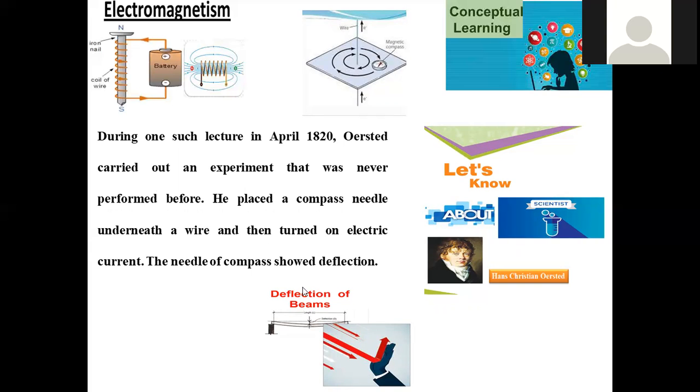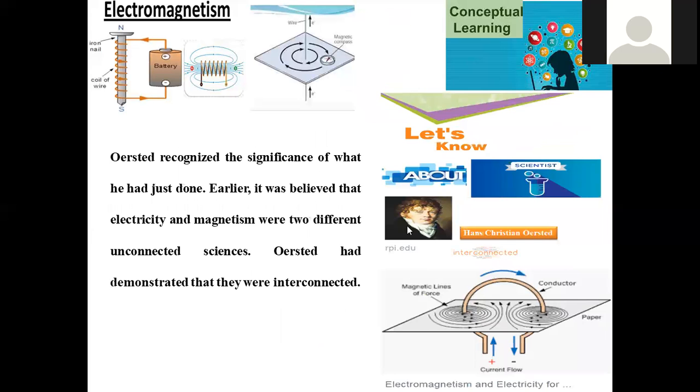Initially the compass is working without any deflection. When it is connected with the electrical current, its direction changed. It got deviated. The deflection of the compass needle was observed by him. That experiment paved the way for new inventions in the near future. Now let us see how this work proceeded.